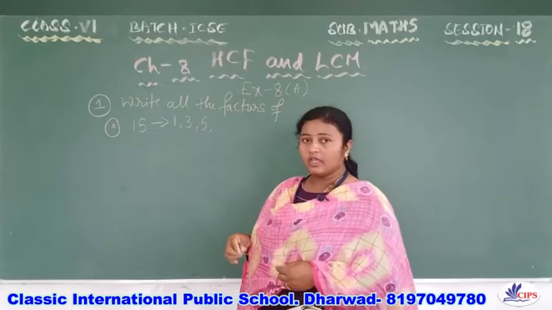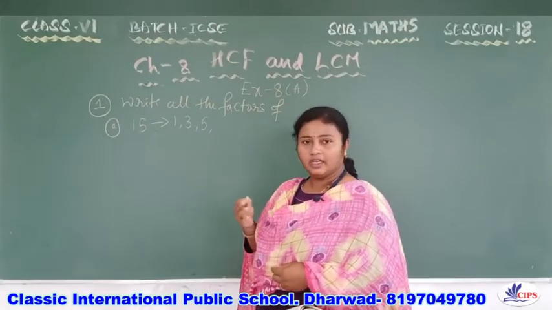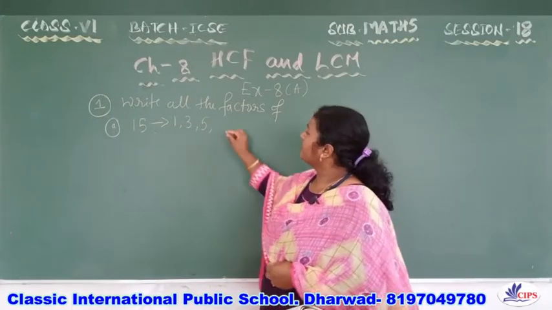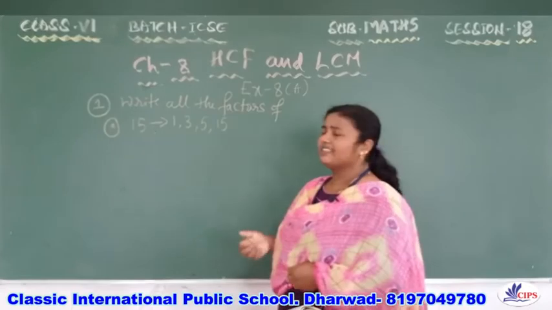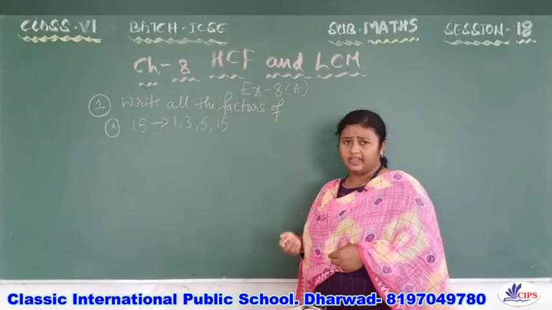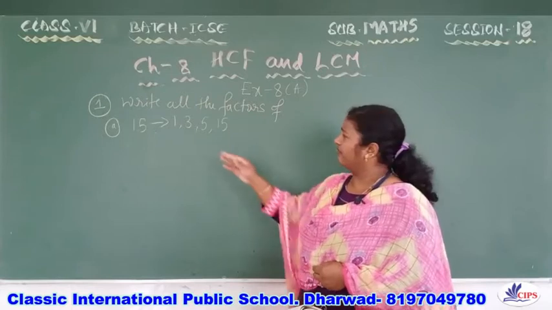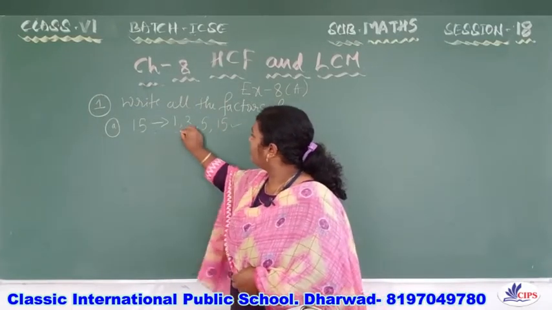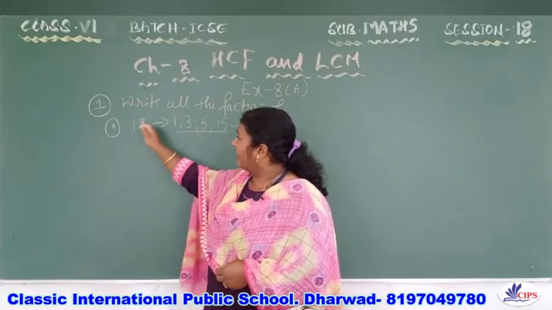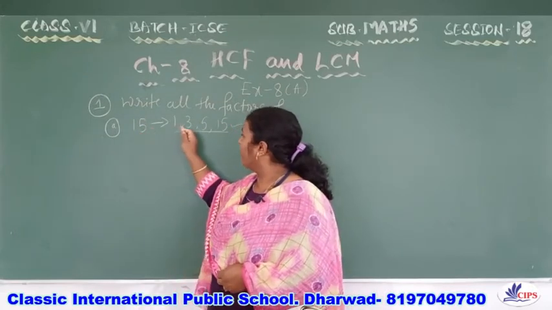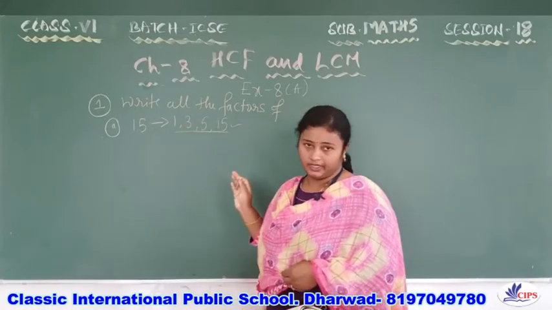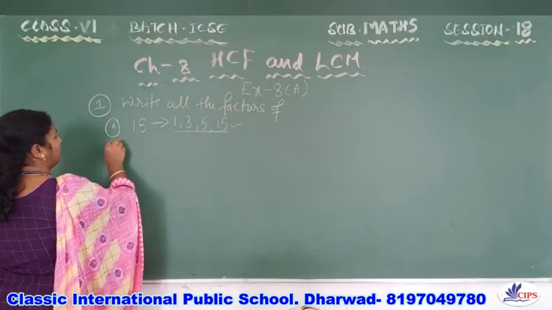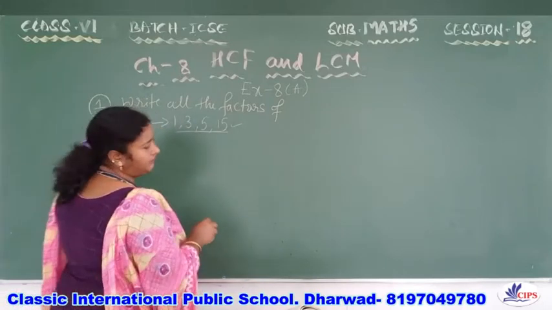Why not 4? Because 4 will not divide 15 completely. Next, after 5, which number can you write? It is 15 directly. 6, 7, 8, 9, 10, 11, 12 will not divide 15 completely. So finally it is 15. All these numbers divide 15 completely, so we call these the factors of 15. Right. Now the second example they have given here is 55.